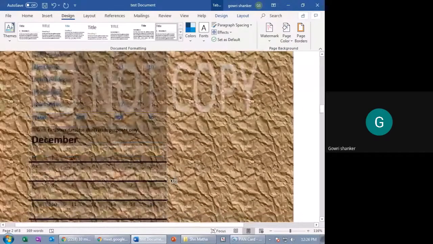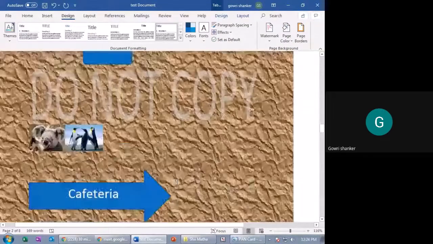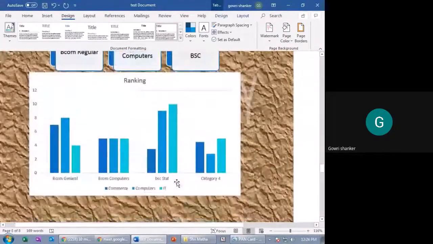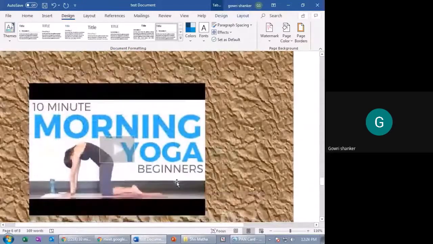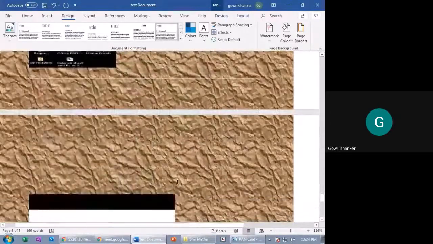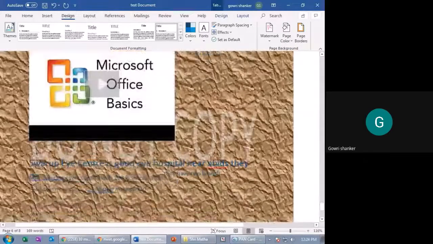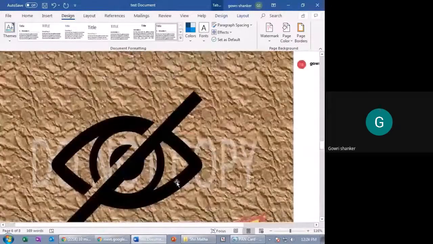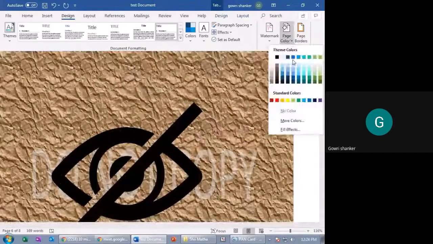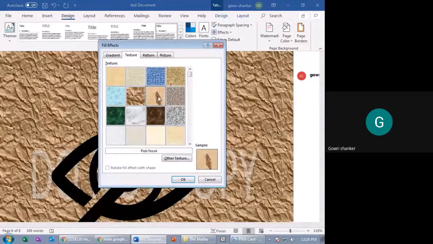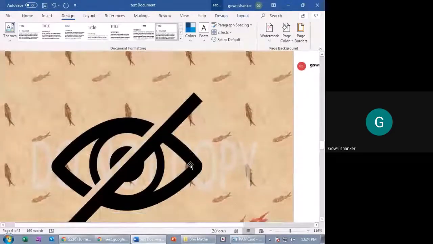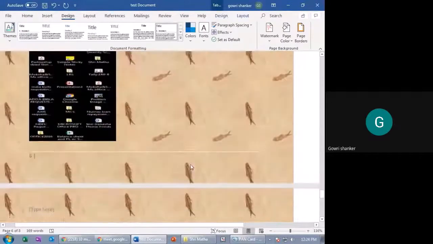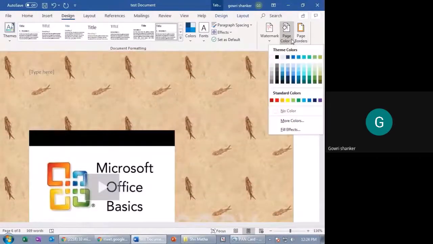You can see in the back end. You can design with the different textures. So these are the parts where you can design your own. When you become a startup of your company, you want to design your menu, or you want to do some presentations. See, this is a texture I have given, stones texture, right? Instead of color. And you can do different fill effects with this, with fish, water, aquarium kind of. So however you want, you can do it by using this texture under page colors.